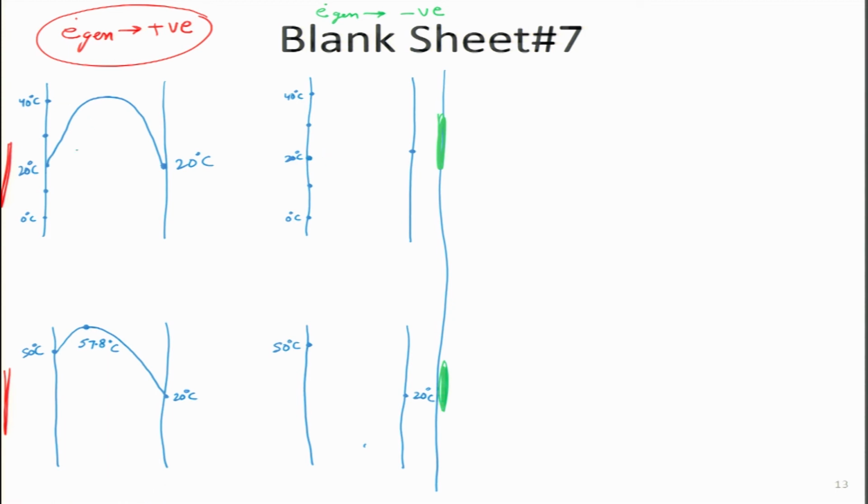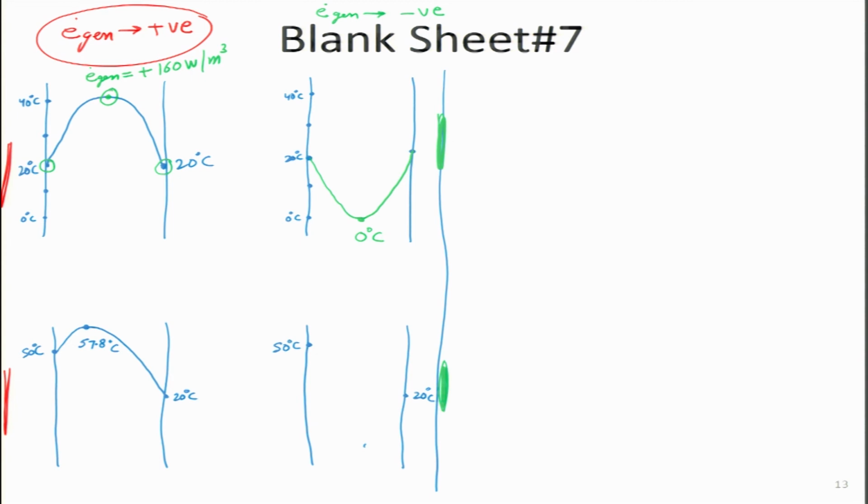If we concentrate on the left side, we have taken two conditions. Both the temperatures are 20 degrees on the side, and in the middle, if you remember, this was the case where E dot gen was a positive number. We have done earlier 160 watts per meter cube. So, in the middle, peak temperature was obtained, and that was 40 degrees centigrade. Now, what happens if we do the calculation for the negative case? It turns out here we get a dip in temperature, and look what this temperature minima value is.